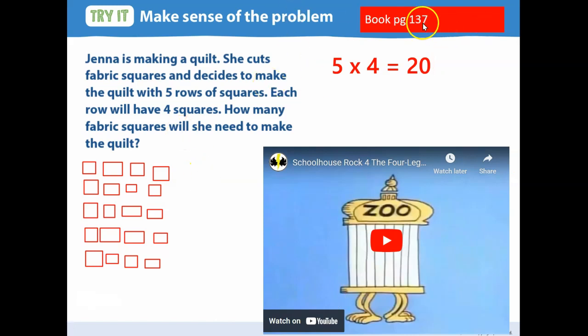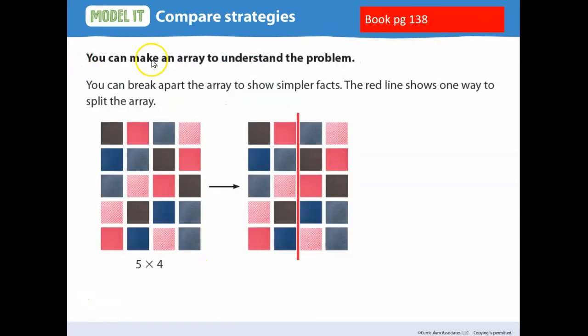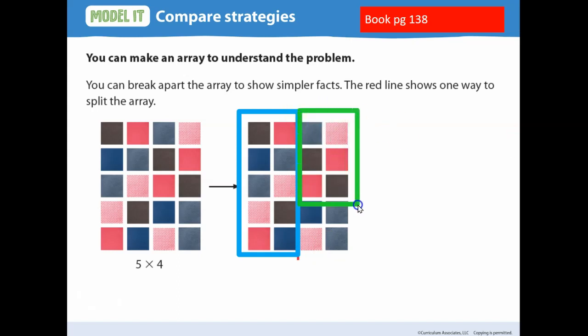Okay, so this problem is on page 137. It says you can make an array, which we did to understand the problem. You can break apart the array to show simpler facts. So what they did here is they took this array of 5 times 4 and had this array, and then had this one. So then this array, this one right here,